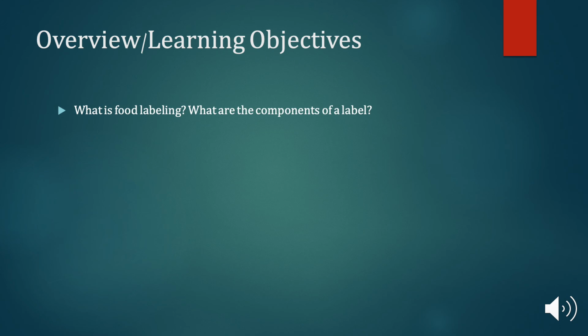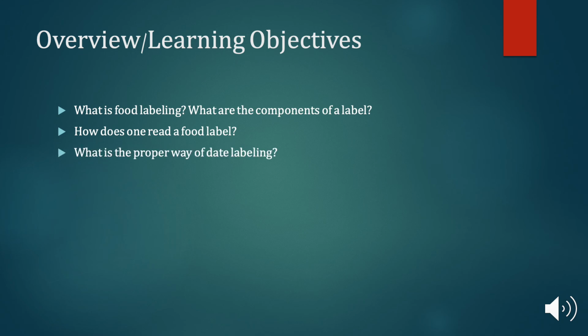Number one is, what is food labeling and what are the components of a label? So how is someone to read a label and what it consists of? Which leads me to my next question: how does one read a food label? I will go over the components of a food label and how to properly read and understand them. What is the proper way of date labeling? I will go over the three main phrases of date labels and which one is the most advised by the